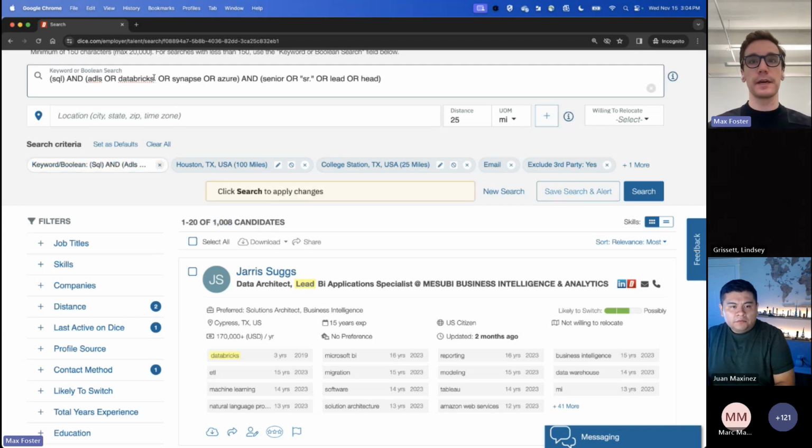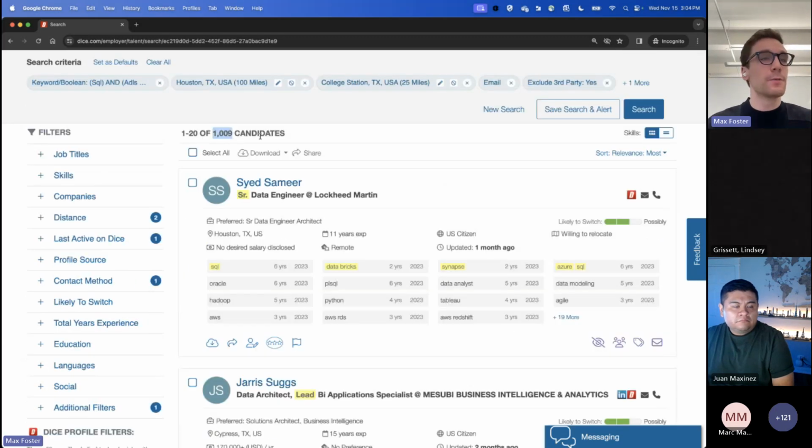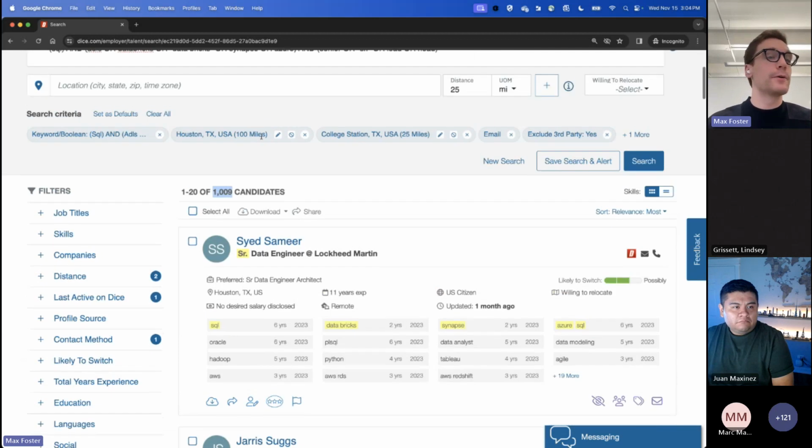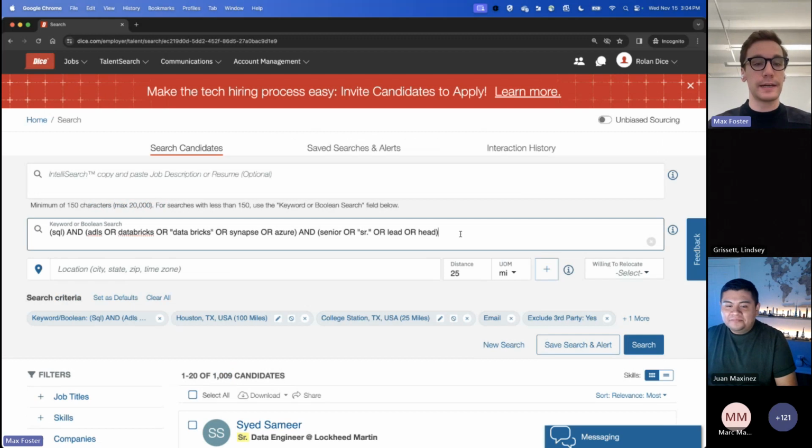candidates. Now, one thing here that Mark kindly already pointed out with his Power BI, Power Bricks, Microsoft Power, is you can come up here and notice sometimes keywords that you think can be written differently. So I'm going to come up here and type in data bricks, and we're just going to see if we catch anybody else who maybe wrote that slightly differently. 1008 to 1009. So we were able to find one more candidate. But everybody, if you're looking for a really good senior candidate, maybe that next candidate was the one you were looking for.